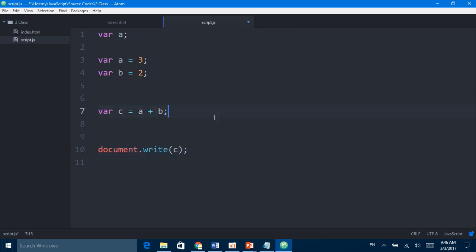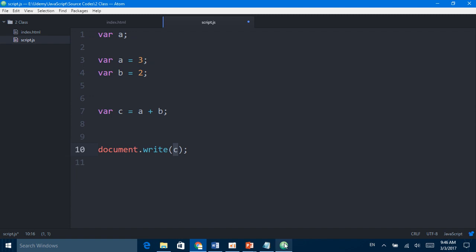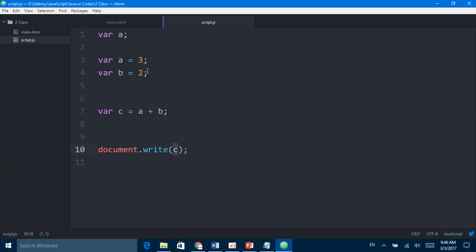Now at this time I want to display the result of C, so that is why I wrote C right here, and finally save it and come back here. Yeah, the output comes up. Now add double quotations